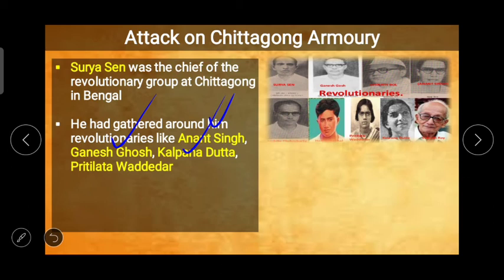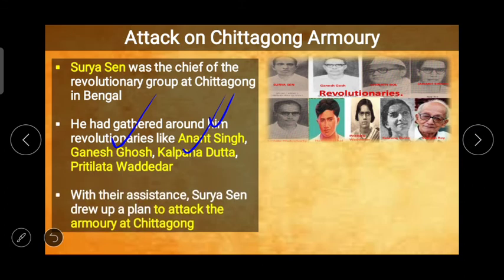So not only men but women also participated in the armed revolutionary movement, and here we can see the names of Kalpana Datta and Pritilata Waddedar. With the assistance of Anand Singh, Ganesh Ghosh, Kalpana Datta, and Pritilata Waddedar, Surya Sen drew up a plan to attack the armory at Chitgaon. And as per the plan,